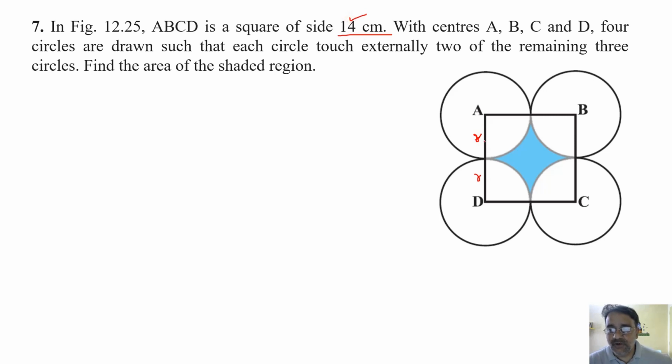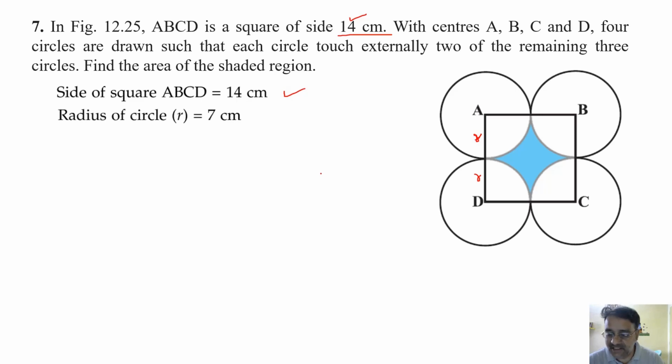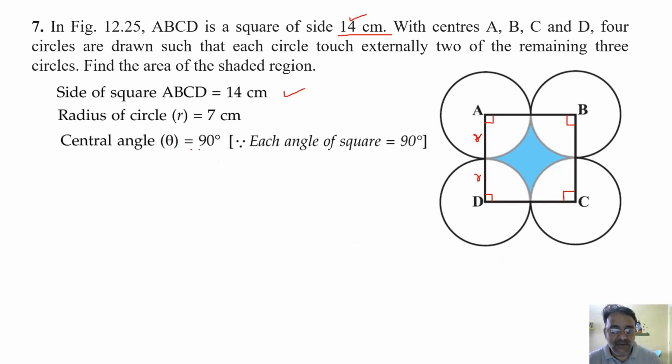14. So what will be the value of R? 7 centimeter. 7 centimeter, right. So side of square is given 14 centimeter, so radius of circle will be 7 centimeter. 14 centimeter अगर side है तो radius 7 centimeter होगा. And the central angle, देखो सभी quadrant है यहाँ पर. Okay, if you remember the formula of quadrant, you can write directly 1 by 4 pi r square. Suppose quadrant का formula याद नहीं है तो फिर you can take pi r square theta by 360, and using this 90 degree you can calculate the area of 4 quadrants.